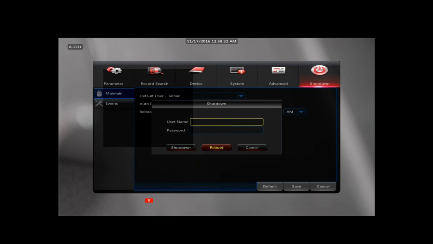How often do you recommend that we reboot the system? By default, once a week, every Sunday at midnight. Some customers don't like it at all. They want it recording 24/7. That's fine. It's not going to harm it if you don't. It's just an option. The benefit is, for example, if for some reason it's disconnected from the network, and you set it to reboot, it will reset the network settings,